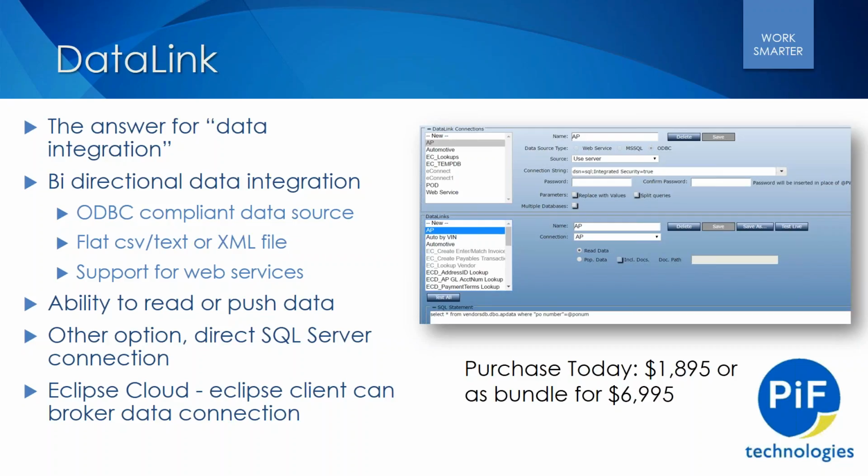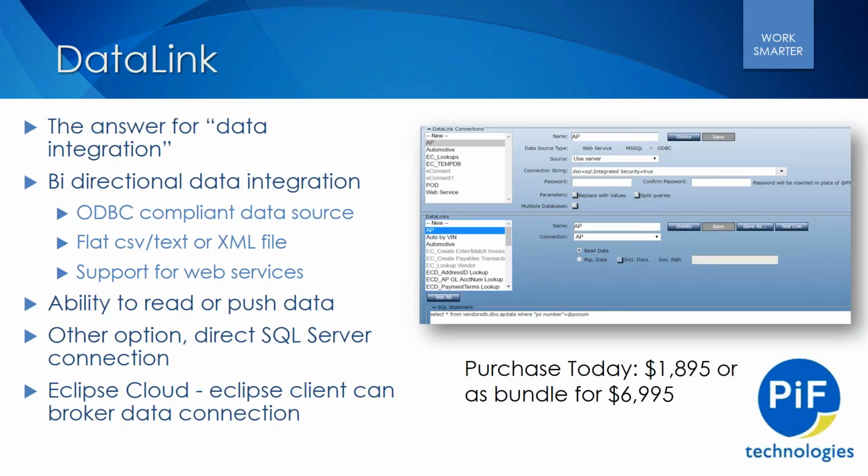So Data Link. Data Link is basically the mechanism for pushing and pulling data. It's a very useful tool for, certainly the most common, data entry automation. For instance, if you have a proof of delivery process or an AP invoice process and there's one or multiple unique variables, an invoice number, a PO number, an order number, an AR invoice number, the user can either be prompted to enter that information or we can OCR that information, and then it triggers a